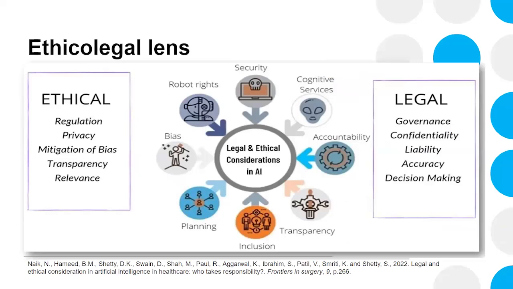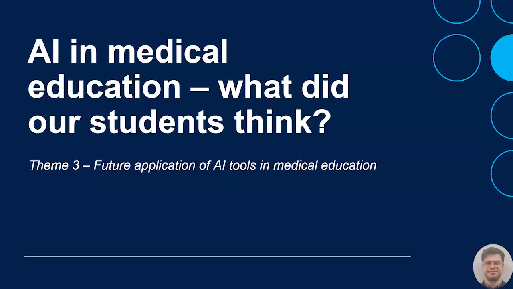So there's privacy, transparency, relevance, but also thinking about what's the governance and what's the legal ramifications and considerations of AI. Is that doctor that we're testing using AI tools able to actually demonstrate all of the different sort of factors that we need to know as faculty that will make them a good F1, for example. So I'm going to move on and hand over to Dan for the final part.